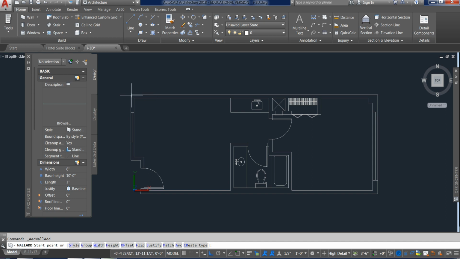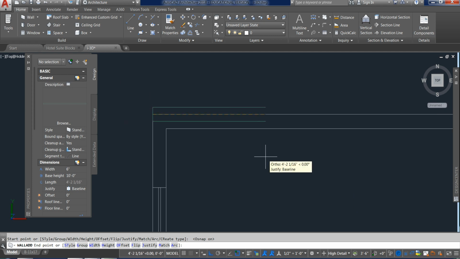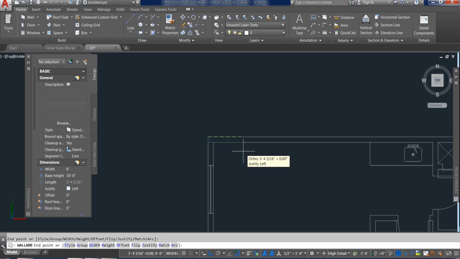And I'm in the tool, and I'm simply going to make sure Object Snap is on, as well as Ortho. And I'm going to start at the corner and go clockwise. You can see that my start point, I snapped to the end point, but if I draw the wall here, it's not correct. I need to change that justification. Right now, if you look over at the property box, it's set to baseline. So I could go over there and change it, or I could simply hit the Shift key on my keyboard, and that will toggle these into place, which is awesome because I can toggle them at any point.